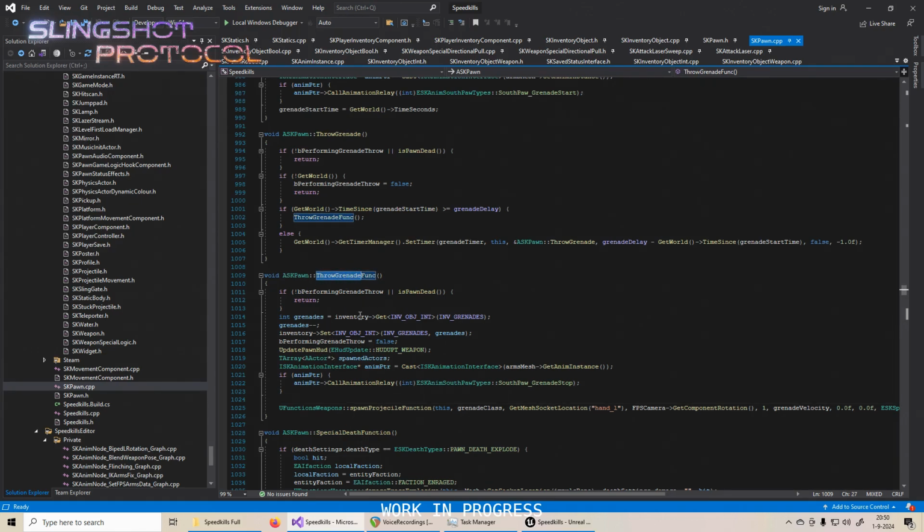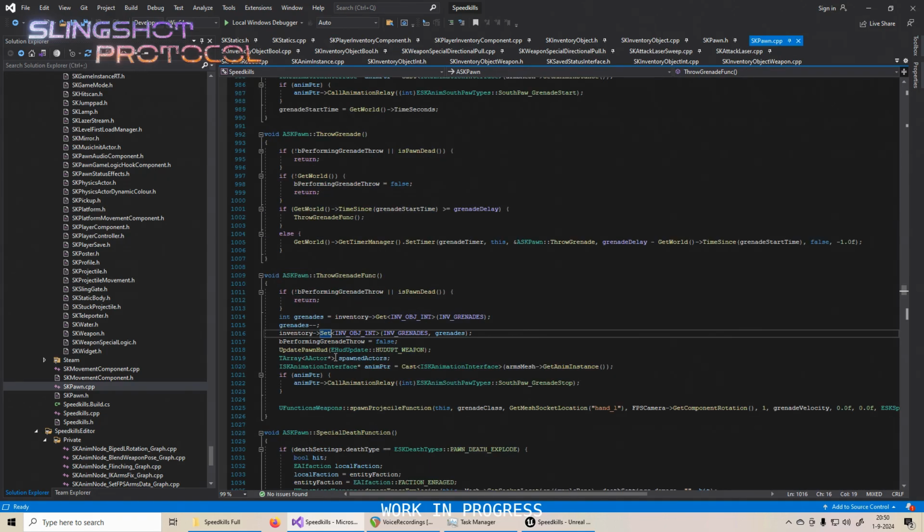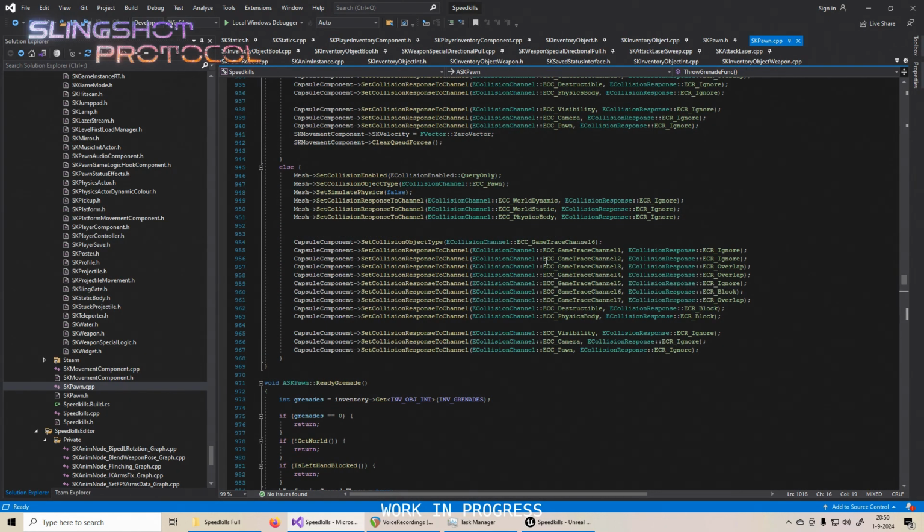Throw grenade funk. Here we have inventory get. So I get the correct integer with the correct object for the interface for the template. So inventory get will then remove a grenade and it will set it again. This gets a copy, and because it gets a copy, it doesn't change it when I change it here, so I also have to set it again. So here I have inventory set, and it goes exactly to this template, and it will then set the variable with the correct ID. And that's basically the inventory system, and I can now add anything I want.